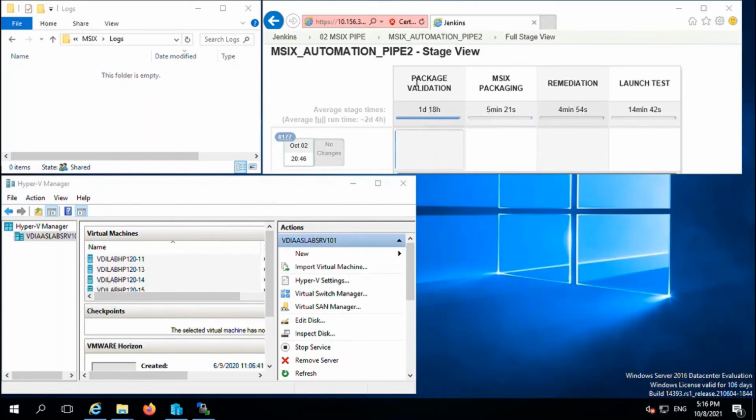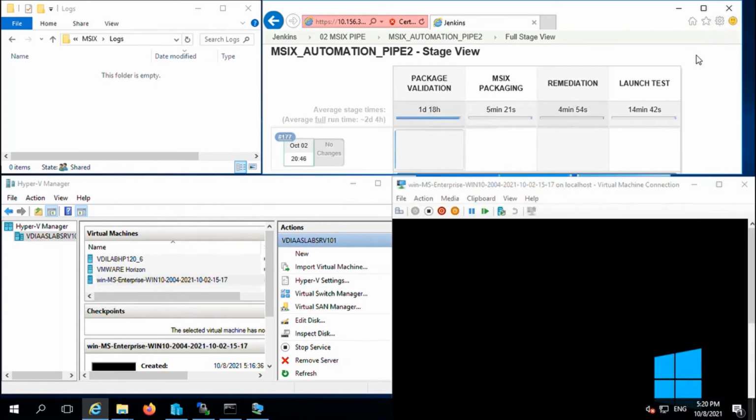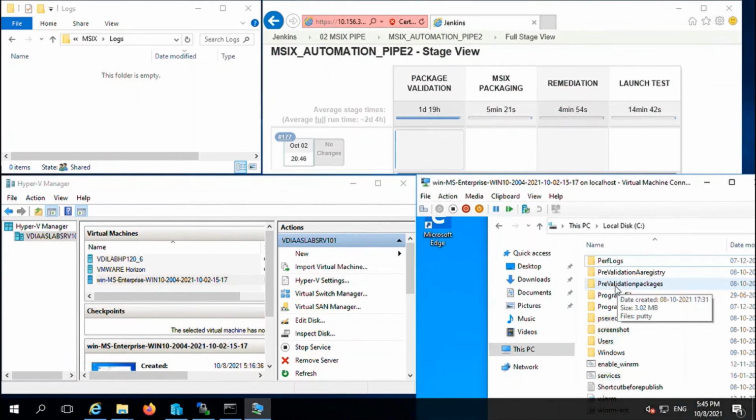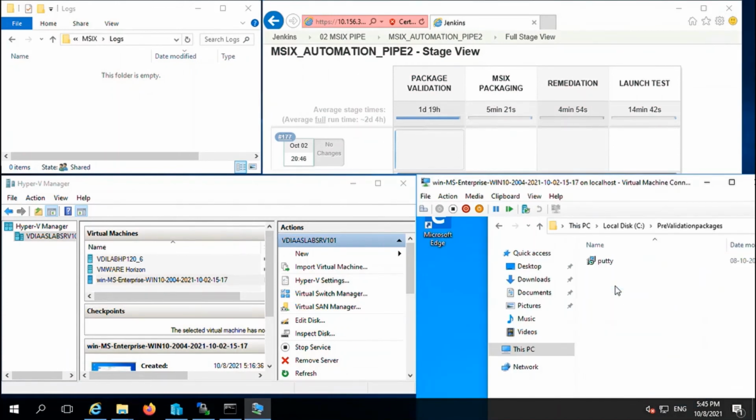In Jenkins the packaging pipe has started. This is the very first stage, which will validate the given MSI. During this stage, it will create a new VM, copy the given MSI to the new VM, and launch the application to check whether that MSI is working or not. The pre-validation packages folder is created in the new VM and putty.msi is copied for validation.